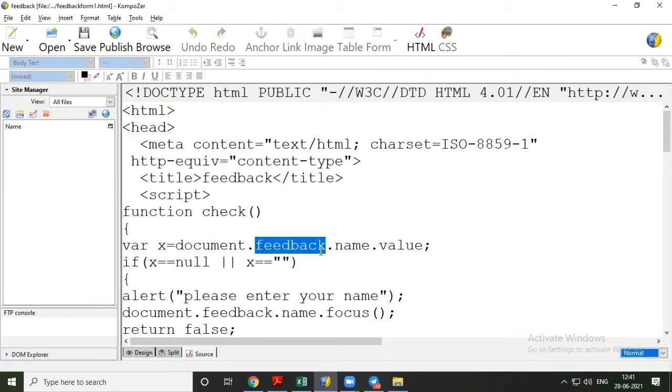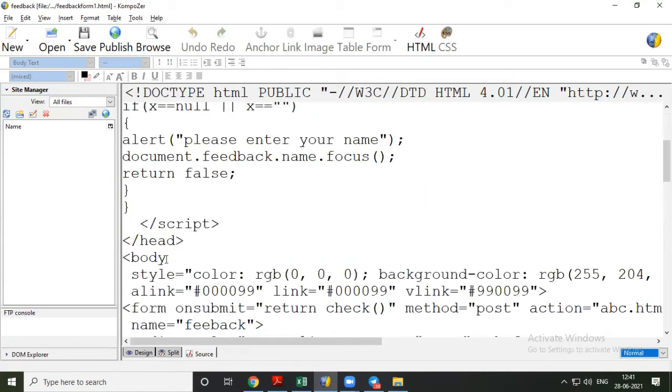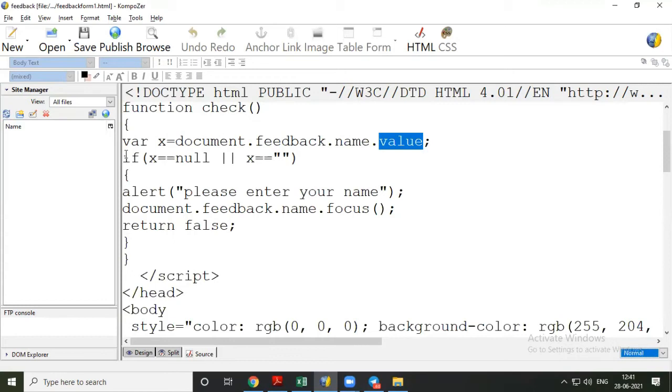So there is one section called feedback, and inside that feedback form there is a field called name. In name field, whatever value is there, X has to store it. Okay, X will get that value. Now that location X has some value that is typed by user in name field.